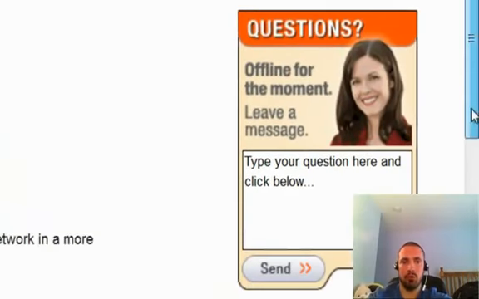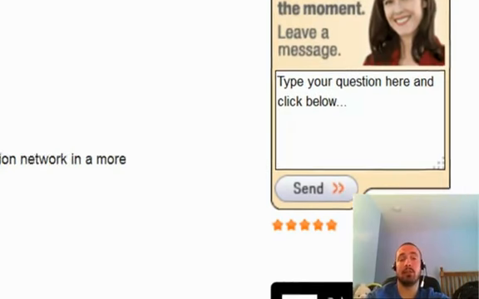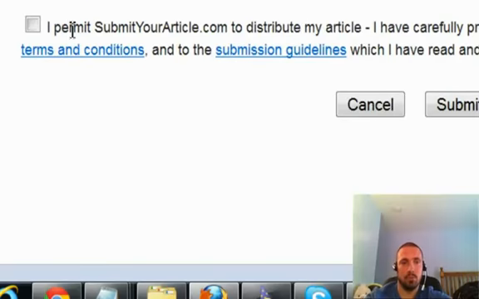I am going to choose. Now, considering these are Web 2.0 sites, I can actually do 30 days here. Alright? Because we're not sending these directly to our site, so we can choose the 30-day option instead of 60. Now you can still choose 60 if you want to play it safe, like really safe, but 30 days should be fine because they're going to our Web 2.0 properties. They're not going to our main site. So I'm going to go ahead and choose 30 here. And I permit and submit for distribution.